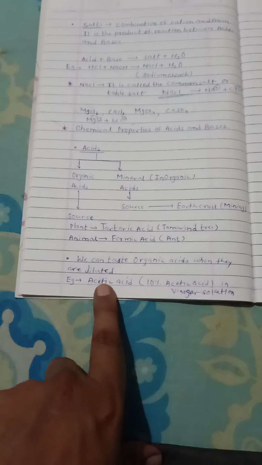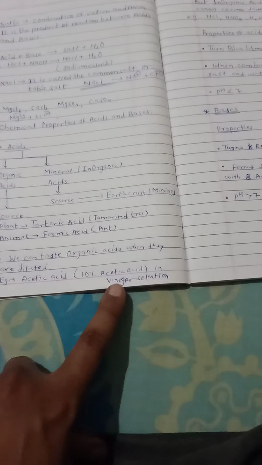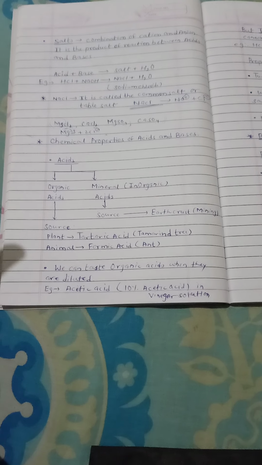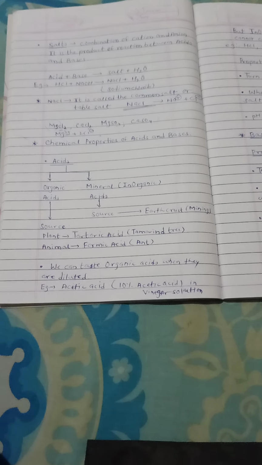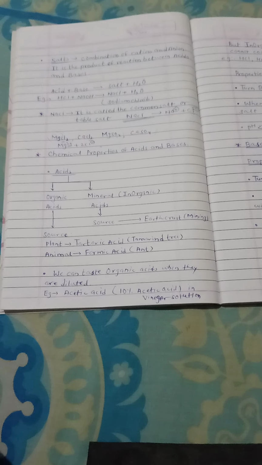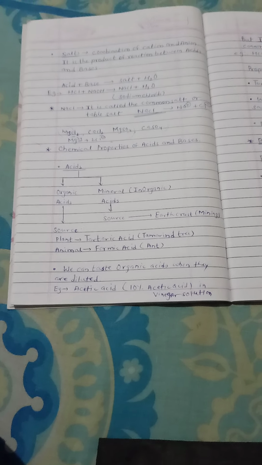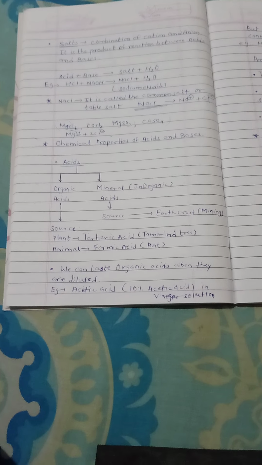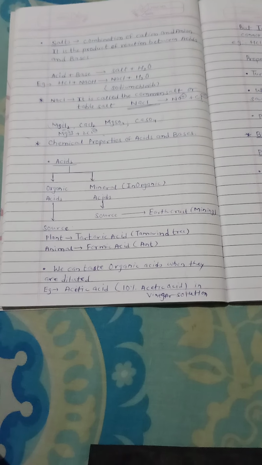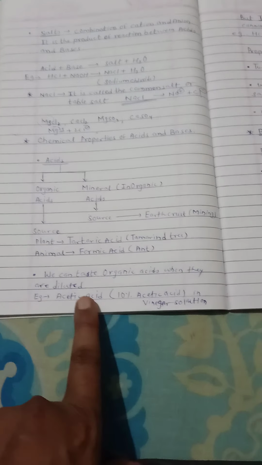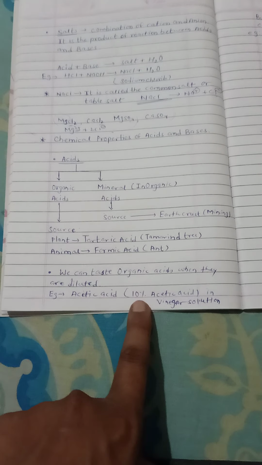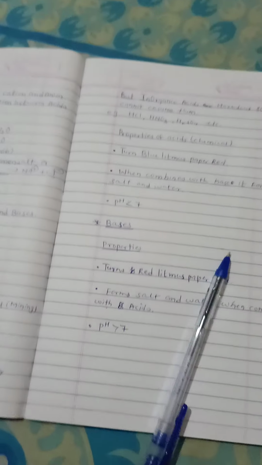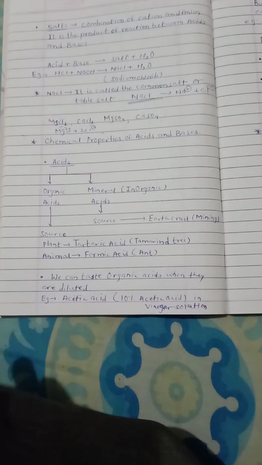It cannot harm you, or it's not hazardous to our health. In fact, we have taken example of acetic acid which we use as vinegar in different forms. You might have consumed Chinese products, Chinese foods, chow mein, Manchurian and all those things. So you might have used this particular acetic acid as a vinegar. Vinegar is 10% acetic acid solution, 10 to 15%. Okay, so I hope you might have understood the things.